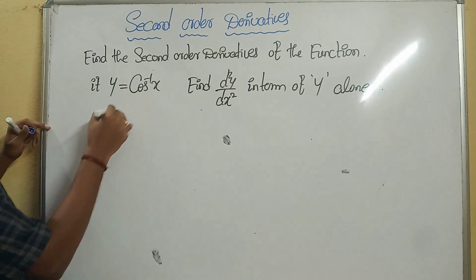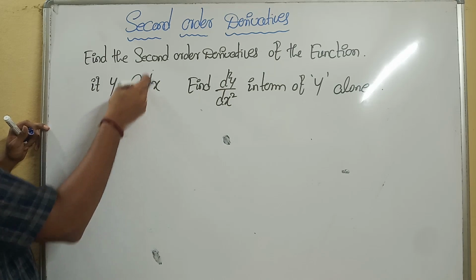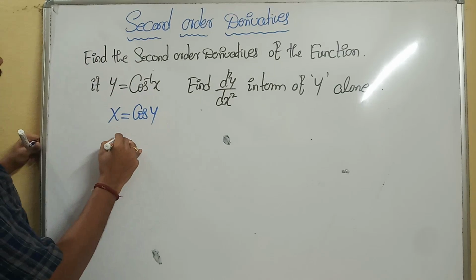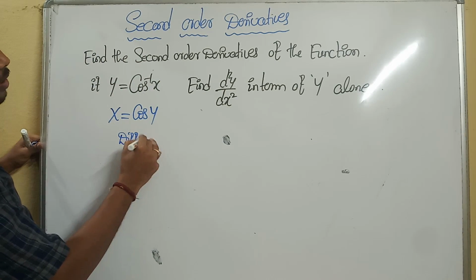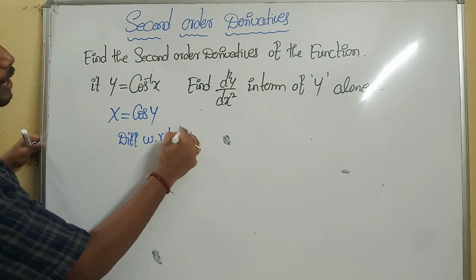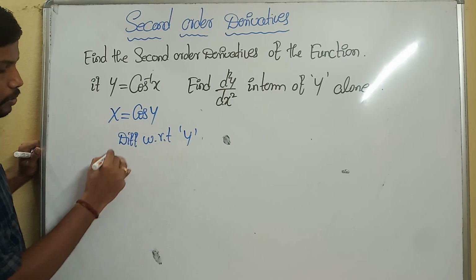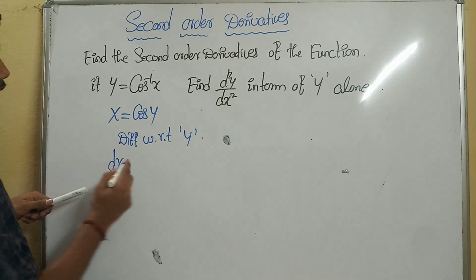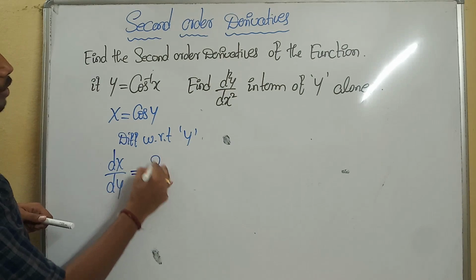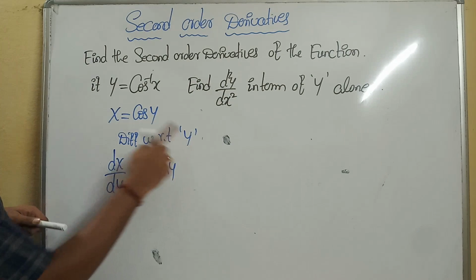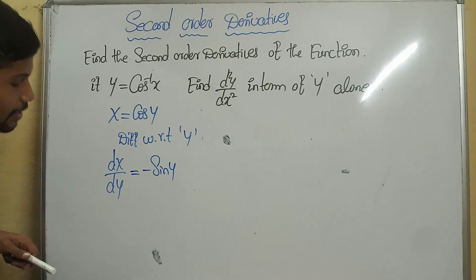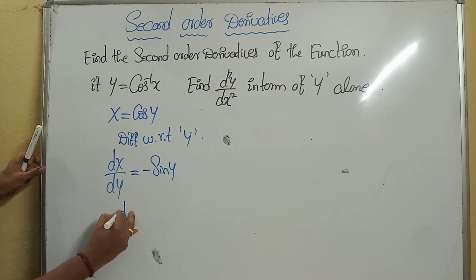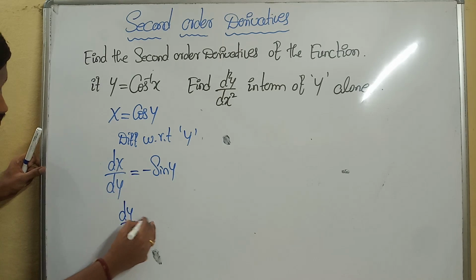For that reason, I'd like to write x is equal to cos y. Got it? Then differentiating with respect to y now. What is x with respect to y? dx by dy. Then it is equal to minus sine of y, and y with respect to y will be 1. After that, taking the reciprocal, dy by dx is equal to minus